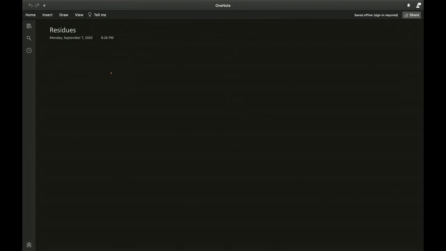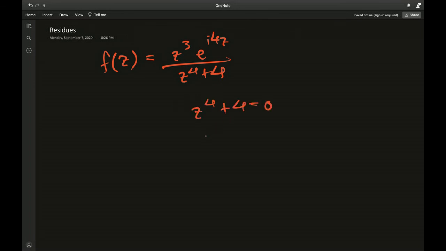So as is customary, we need to find the residues of f of z. F of z, let me remind you, is z cubed e to the i4z divided by z to the fourth plus 4, and we need to find points inside the contour where f of z is basically undefined or it blows to infinity. Those are points basically where the denominator is equal to 0. So z to the fourth plus 4 is equal to 0. We have a complex equation now,